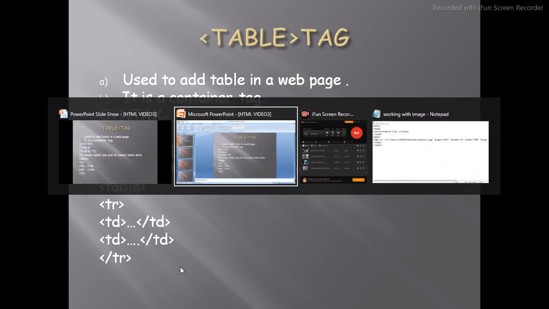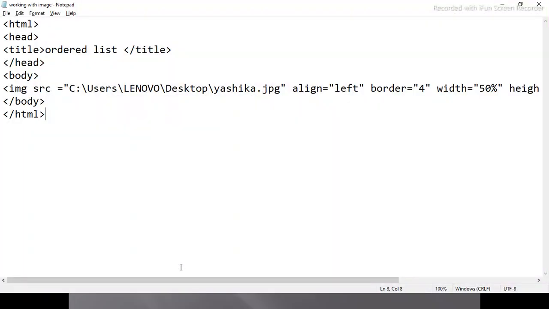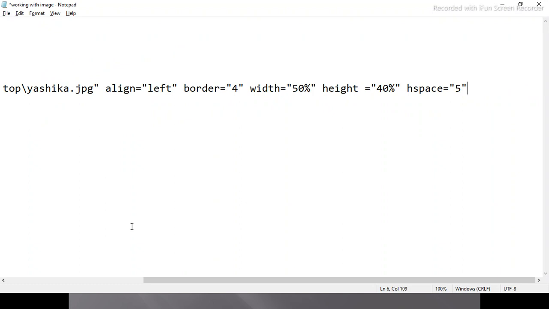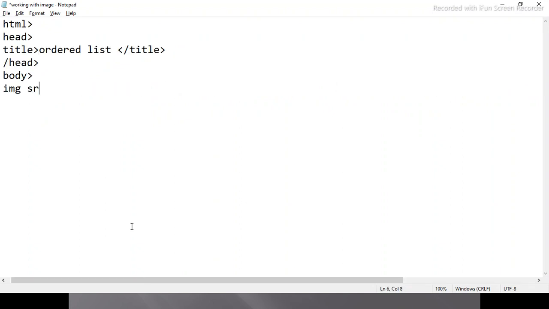Now we will make a simple table. Let's check our capability. Okay, let's delete this. So now after body, what will we write? We'll write table. Okay, understood? Table.